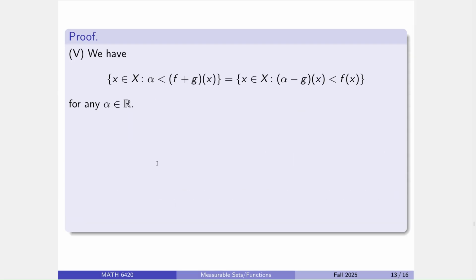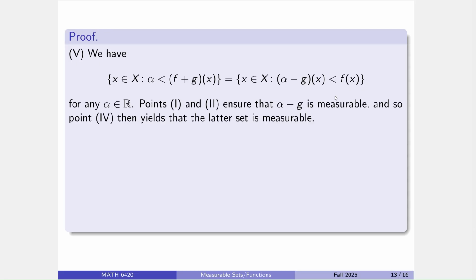All right, and that's the key to prove that adding works, because if you look at this set, we'll subtract g over, and hey, you've got a translated measurable function. By the previous couple of points, we know that this function is measurable, and the previous point proved that this set itself was measurable, guaranteeing this is measurable, so the sum of measurable functions remains measurable. Real slick little argument, right?